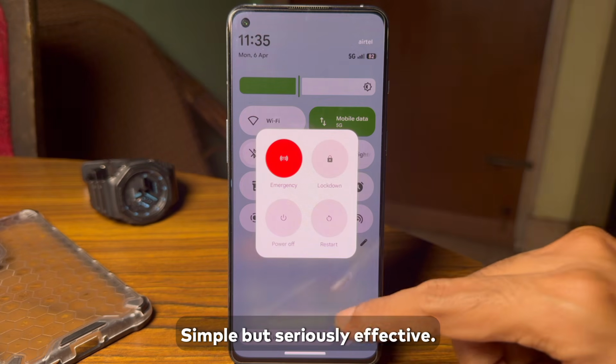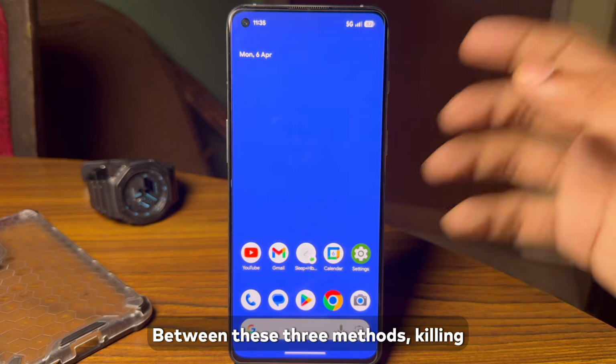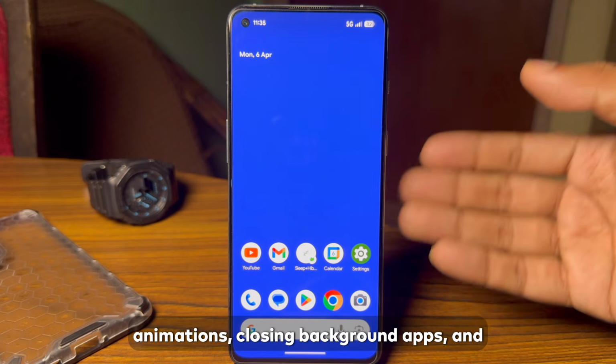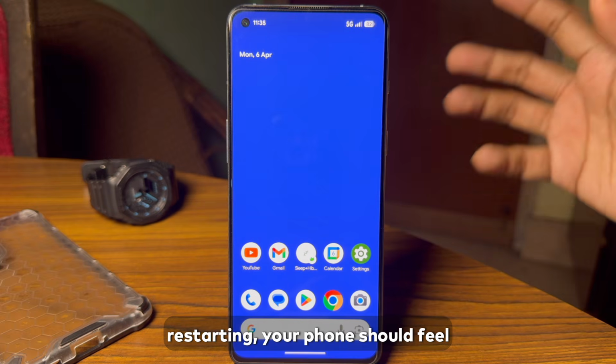Simple but seriously effective. Between these 3 methods, killing animations, closing background apps, and restarting, your phone should feel noticeably